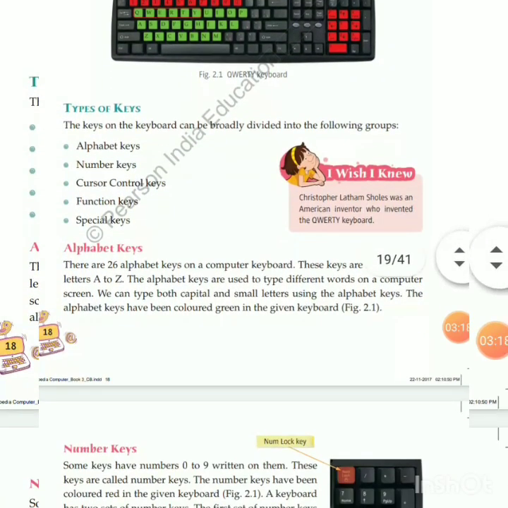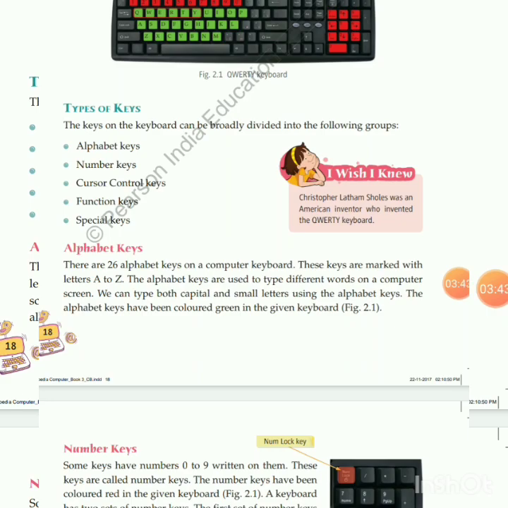The first one is alphabet keys. What are alphabet keys? Do you know how many letters are in the alphabet? 26. Simple. There are 26 alphabet keys on a computer keyboard. These keys are marked with letters A to Z. If we want to type different words, sentences, poem, story, essay, then which keys can we use?